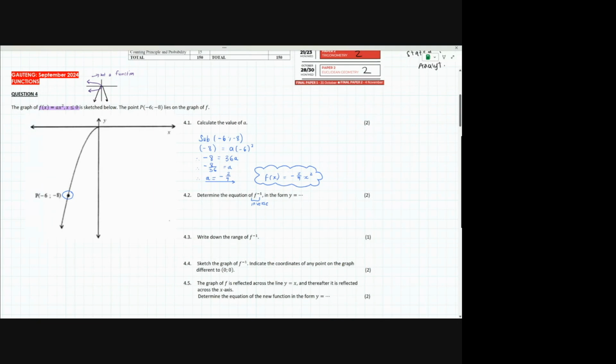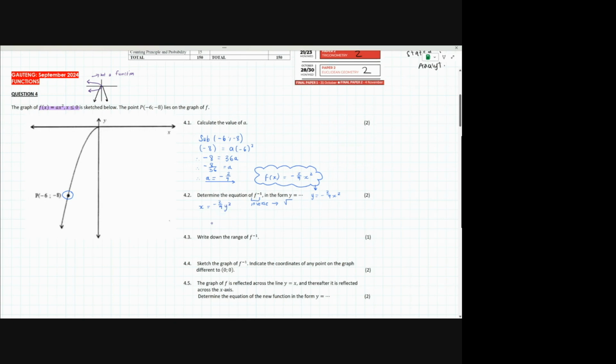All right, so there's a couple things that we need to remember here. Like I said earlier, the inverse of an exponential we know is a log. The inverse of a quadratic is a root function. So there'll be a square root involved somewhere there. Now we should remember that in order for us to find the inverse, we swap the x and the y. So this equation right now is y is equal to -2/9x squared. We're going to swap those variables. We've got x is equal to